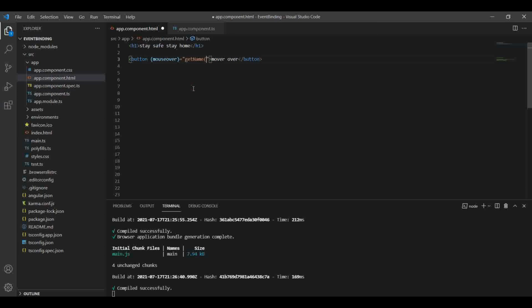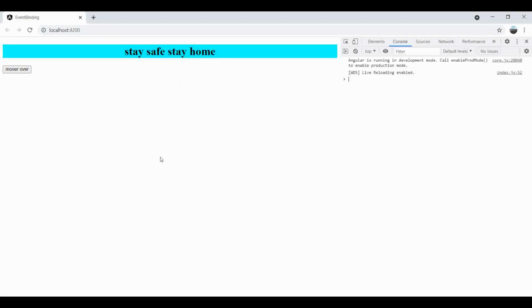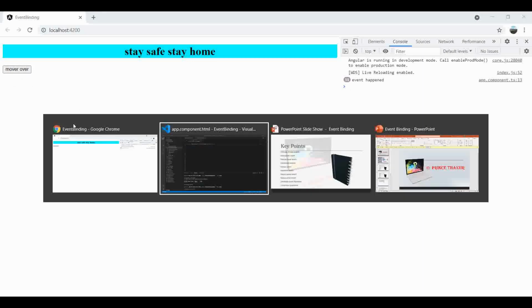Some syntax problem, sorry for that. Now I will execute again. You can see on my console an event happened. Again I hover, and on each hover the event happens again and again. This is an example of mouse over.